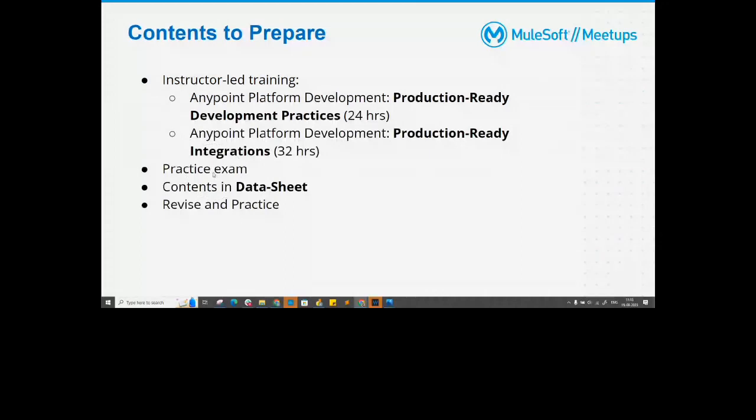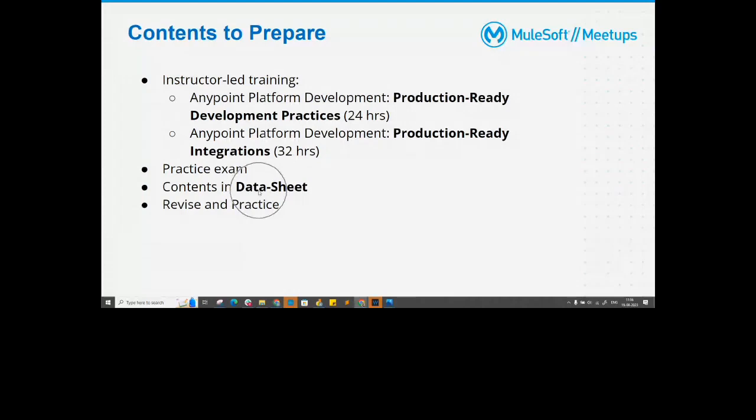Definitely go through the practice exam given in the training.mulesoft portal. That will help you understand and get a feel of how the questions will be in the actual examinations. This is very, very important. I keep telling all my resources who are preparing for the L2 examination: even if you have completed your training, even if you already have project exposure, please make sure before attempting this examination, you go through all the contents present in the data sheet provided by MuleSoft.